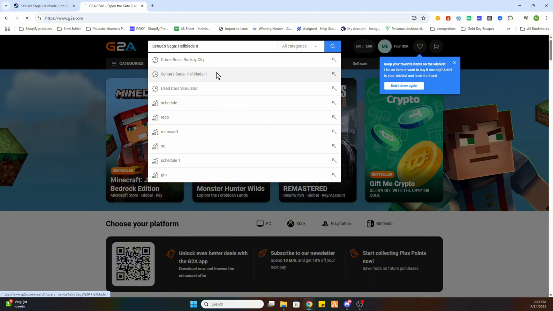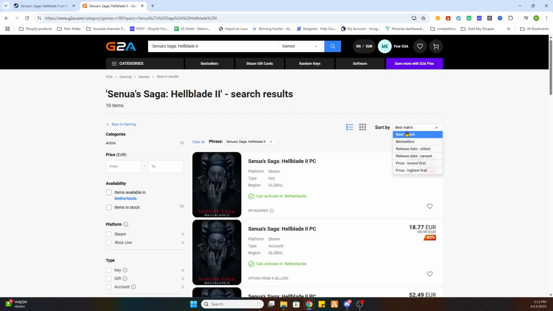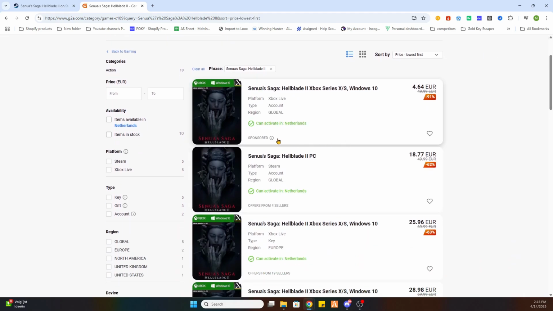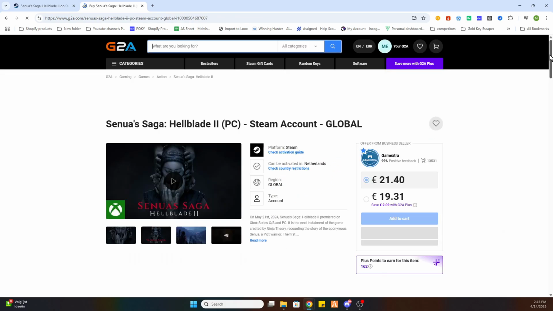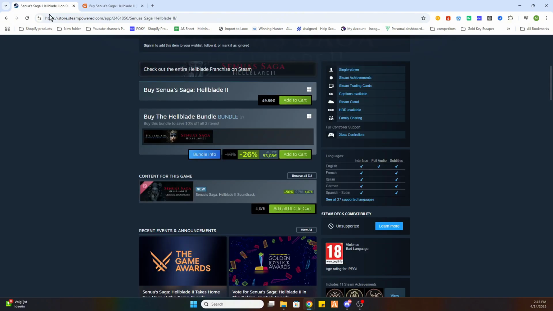Saga Hellblade 2. Select the game and then select games on the left side and then sort by price lowest first. Once you have done that, you need to search for a PC version which can be activated in our country, so this text needs to be marked green. Once you found one, select it, and after that you will find out that this game is just €19.31 instead